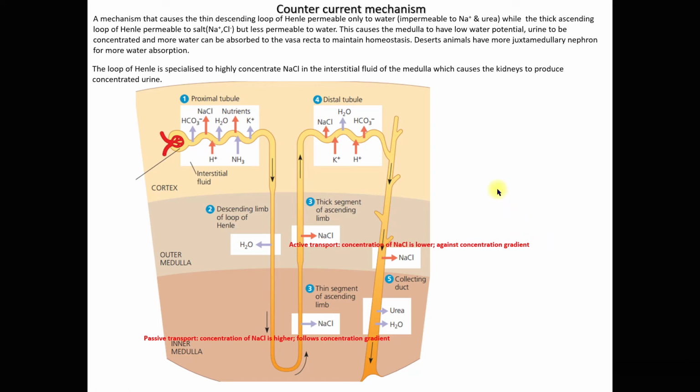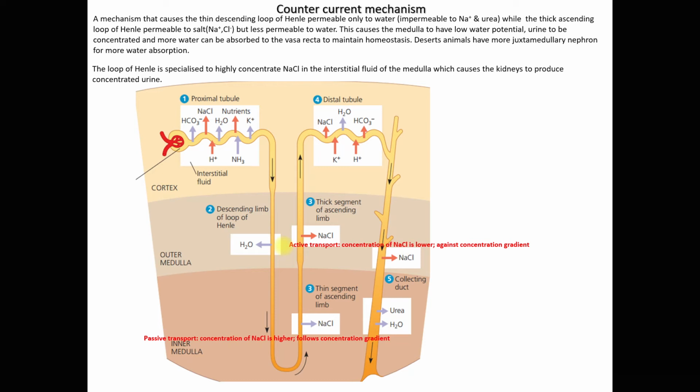Now, this countercurrent mechanism is a mechanism that causes the thin descending loop of Henle to be permeable only to water, but impermeable to sodium ions and urea, while the thick ascending loop of Henle is permeable to salt, which is the sodium ions and chloride ions, but less permeable to water. This will cause the medulla to have low water potential, and then the urine to be concentrated, and more water can be reabsorbed to the vasa recta to maintain